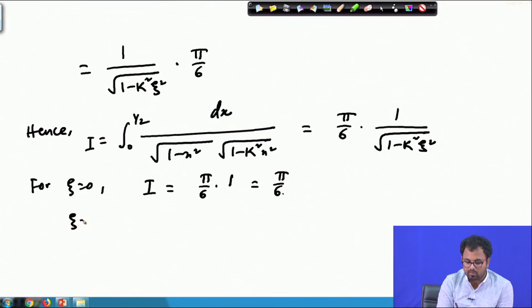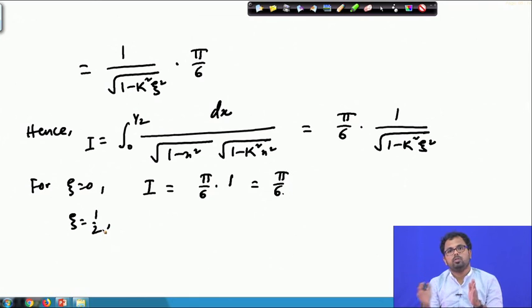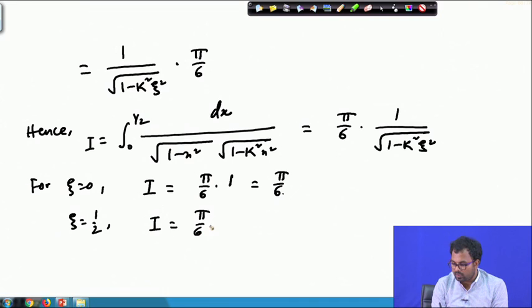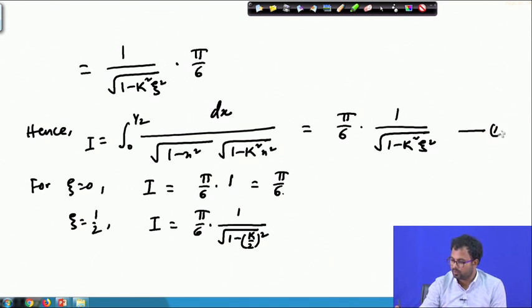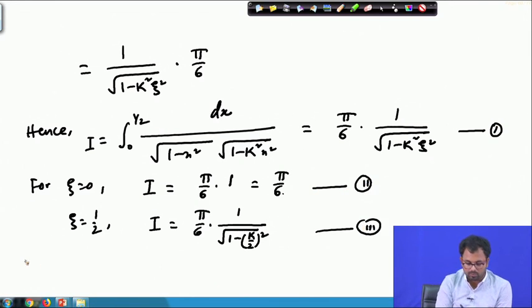And if I take xi equals to half, since xi can attain values only between the 2 points, 0 and half, then this will be pi by 6 times 1 by square root of 1 minus (k by 2) whole square. Let's say this one is equation 1 and this one is 2 and this one is 3. So from 1, 2 and 3 we will have